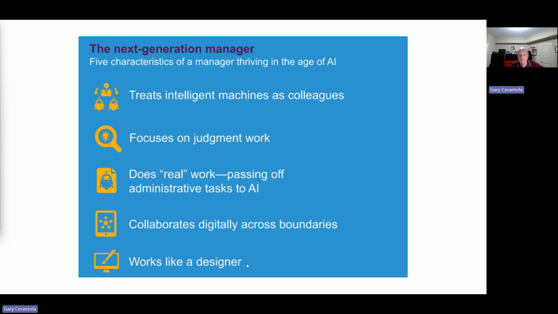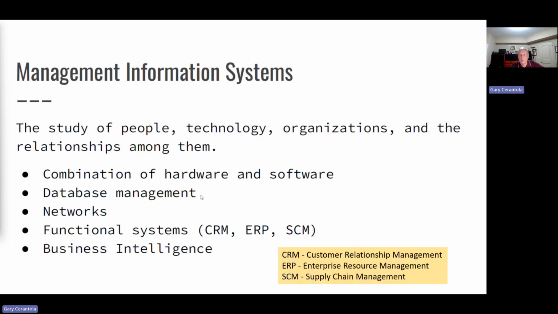Right? So you'll be looking at how do I improve AI capabilities? How can I put boundaries around AI agents to make sure that we make ethical and sound business decisions? And alongside that, AI now will just fully integrate into management information systems. What is an IS system? A combination of hardware and software, but there's functional systems, just to name a few.